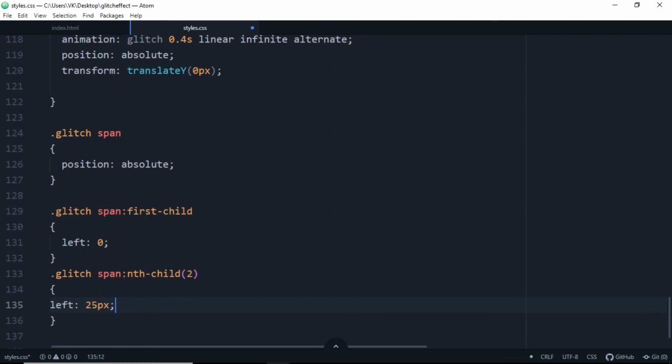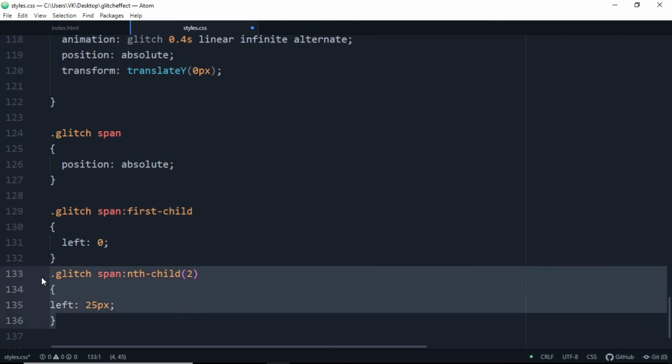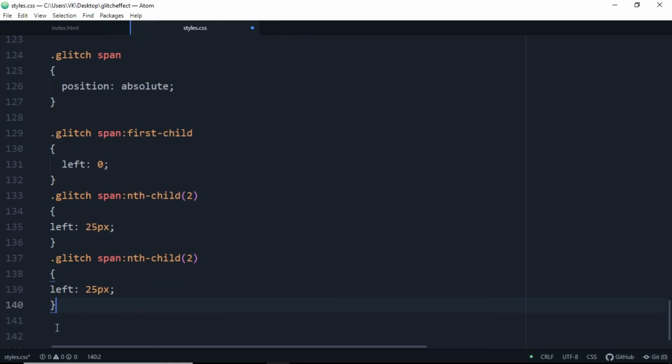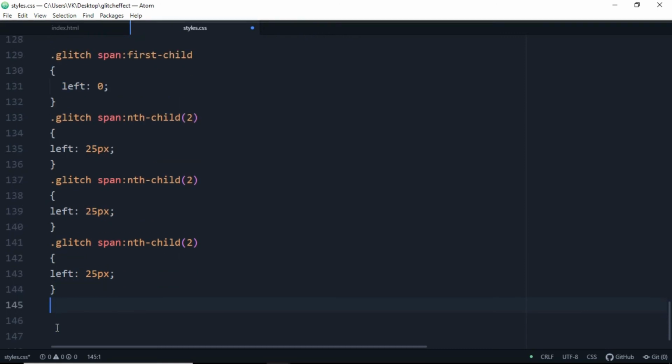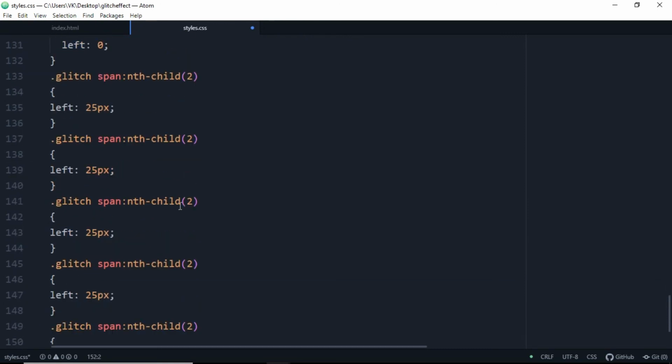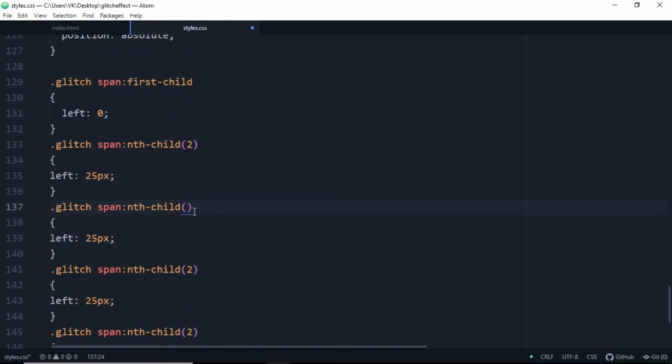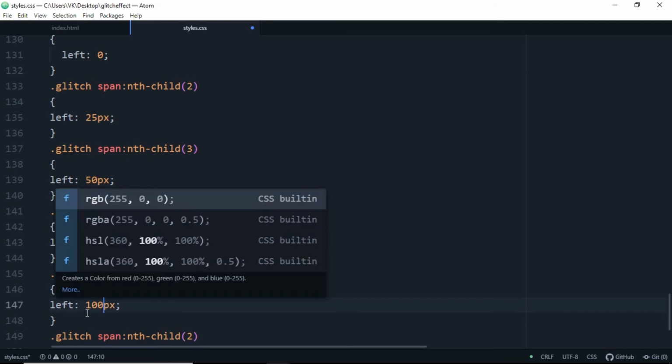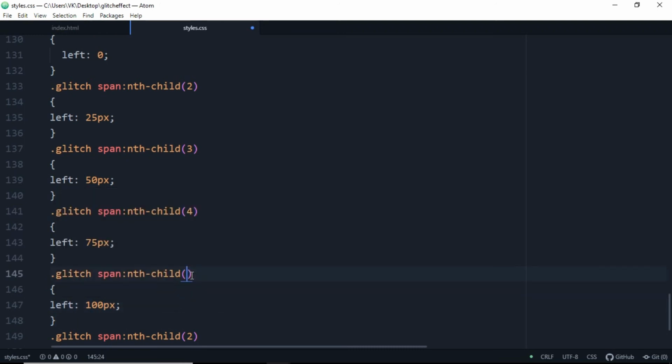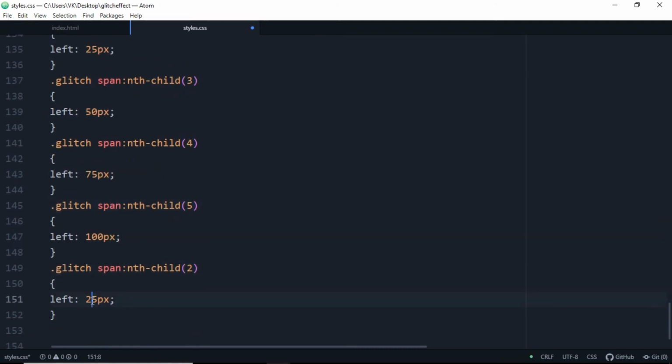Okay, and just copy the second child property and we're going to increment it by 25 pixels. So make it 3, that is the third child here, make it 50 here. And for the fourth child, we are going to make it 75. This 100 pixels, and for the fifth child, and 125 pixels for the sixth child.